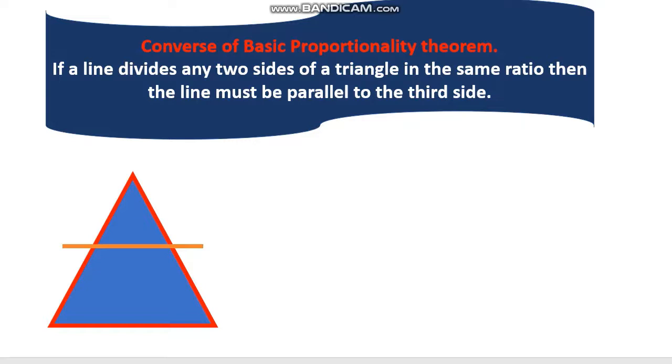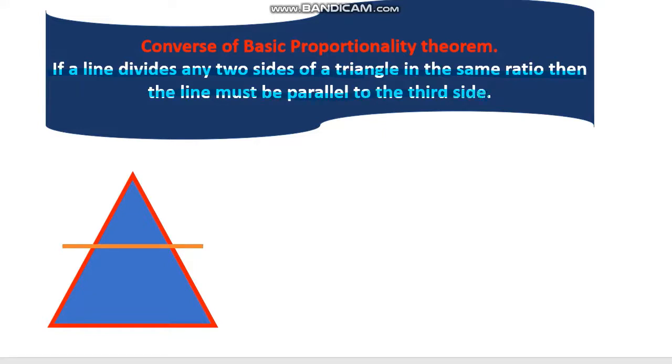Now, here we shall start with the converse of the basic proportionality theorem and then move forward with some more questions of exercise 6.2. Now, let us see what is given in the converse of the basic proportionality theorem. See here children, what does the statement say? If a line divides any two sides of a triangle in the same ratio, then the line must be parallel